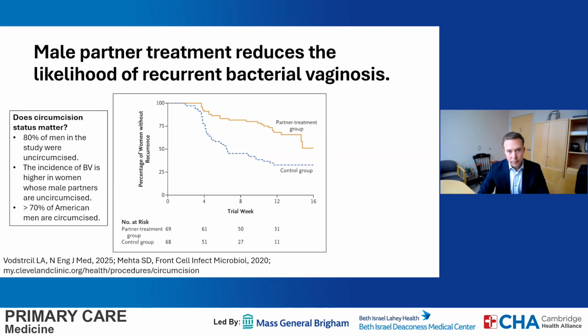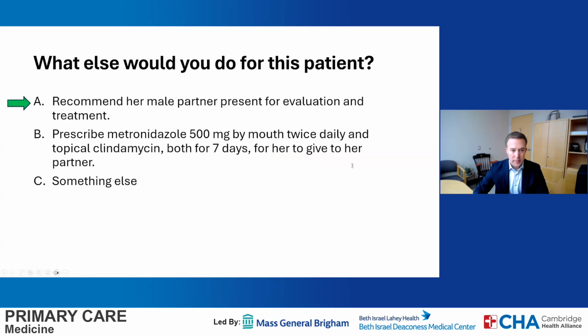But I think it's an area where further research is needed. I would note, going back to our answer options, that B really refers to a context of expedited partner therapy that is sanctioned for chlamydia and in some cases gonorrhea in many places in the US. But to my knowledge, there is no evidence about or regulatory approval of expedited partner therapy for bacterial vaginosis. And so I don't think that would be an option in most cases.